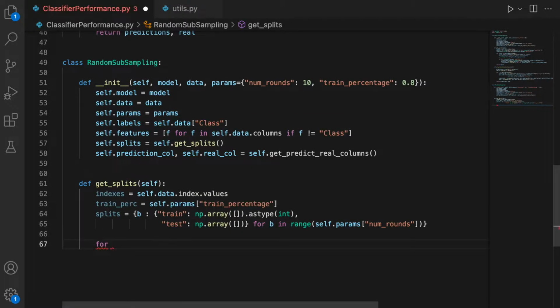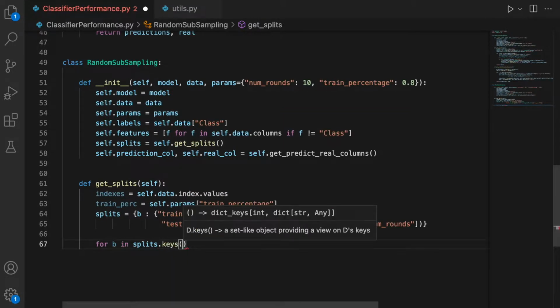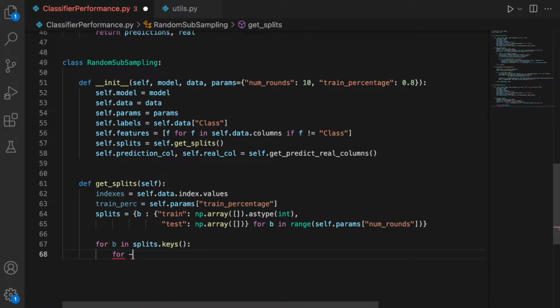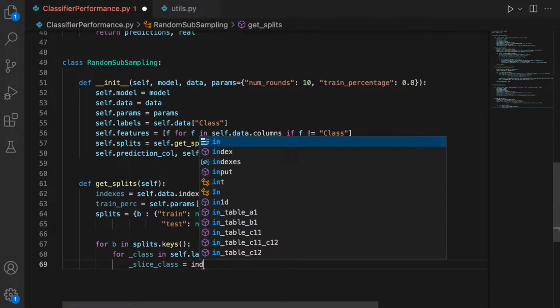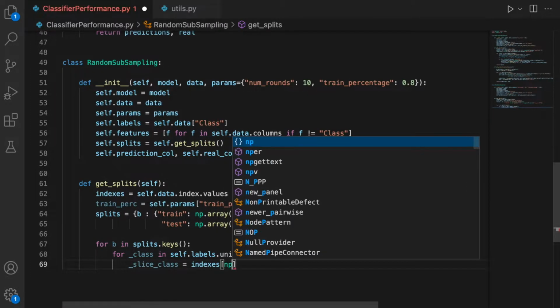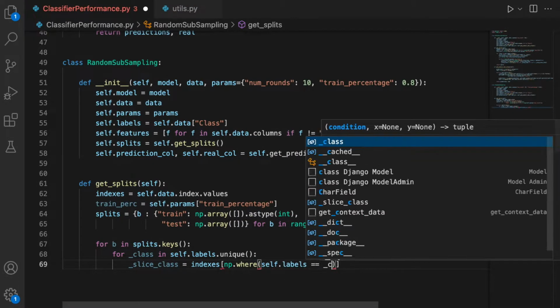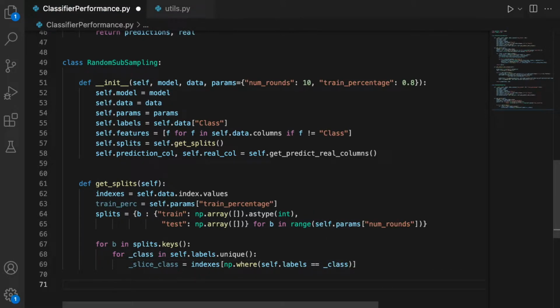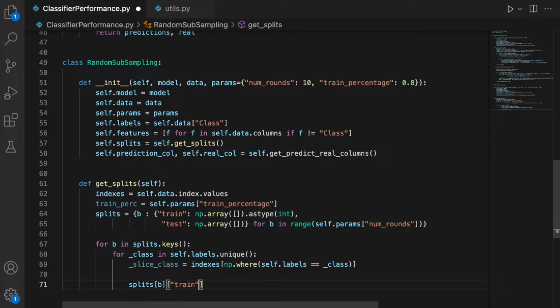Okay, so for B in splits dot keys, here where I get all the classes. So let's get again a slice of the class, meaning all the indexes of the specific class. And now we update the splits. So the training part